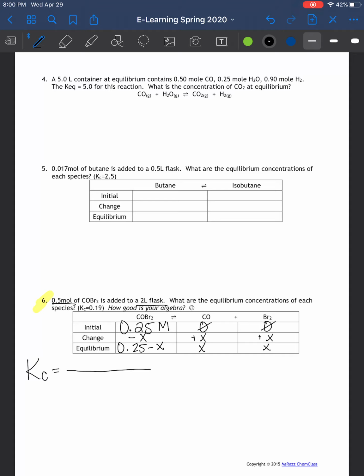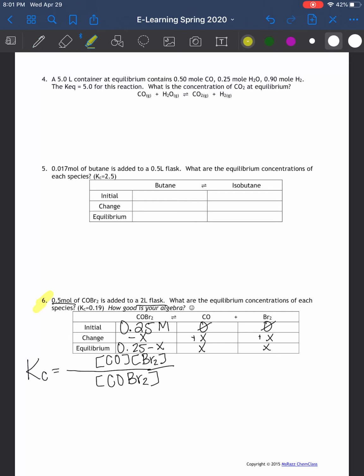This equation is already balanced, so I do not need to worry about any exponents here. Okay, so on top, my two products, which is CO and Br2, divided by my reactant, which is COBr2. Okay, so now we just need to start by filling this in with the values